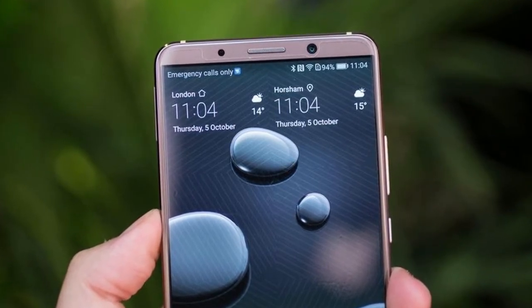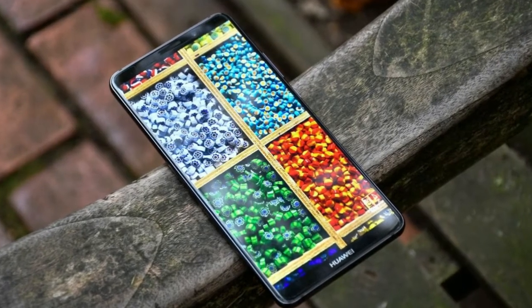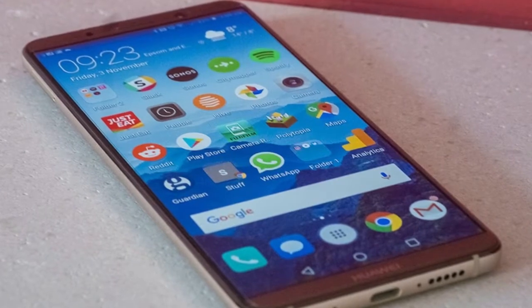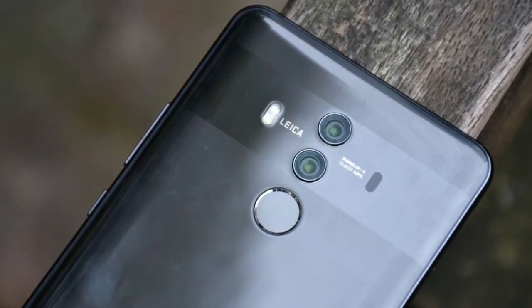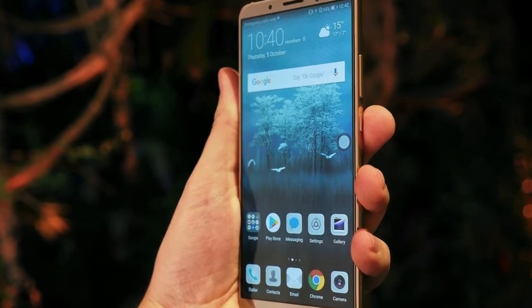on February 4th. Its 80.9% screen-to-bezel ratio also impresses compared to the classical iPhone 8 and 8 Plus design, though it isn't quite as light on bezels as the iPhone X. Like the iPhone X, Samsung Galaxy Note 8 and LG V30 though, the screen's aspect ratio is ultra-wide with an